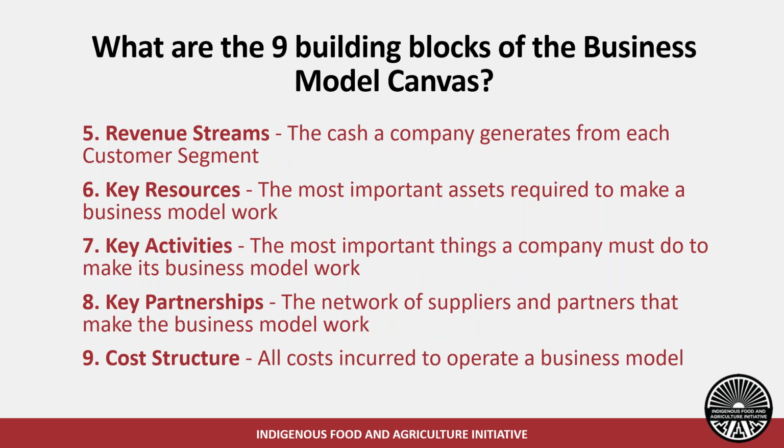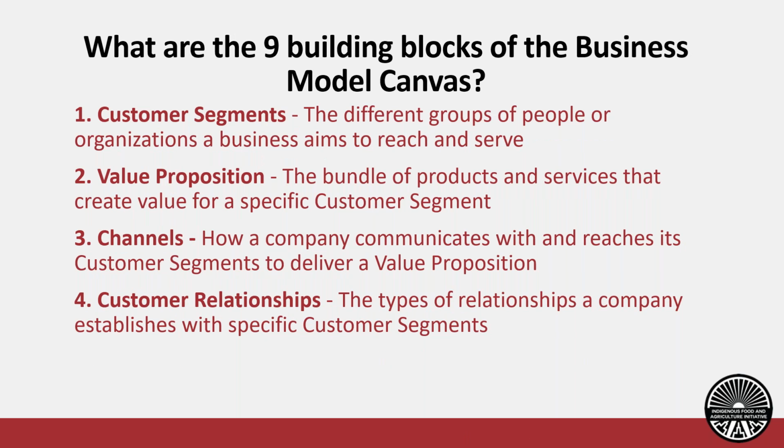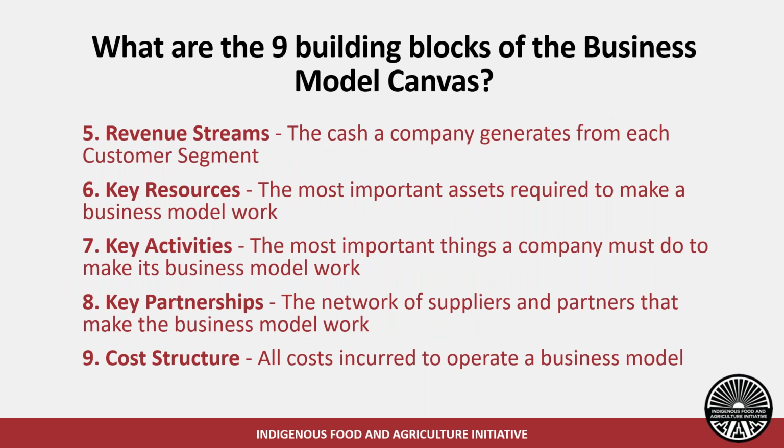And so these first 4 are really customer facing. And so we're going to dig into those ones first and then move on to the back end of what is your business. What are you doing behind the scenes to make sure that your business is running smoothly? Revenue streams, this is the cash that a company generates from each customer segment. Key resources, the important assets that you need to make your business model work. Key activities, this is where a lot of prospective entrepreneurs want to go first, but in the Business Model Canvas, it's actually number 7. The key activities are the most important things a company must do to make a business work. So this is the doing part